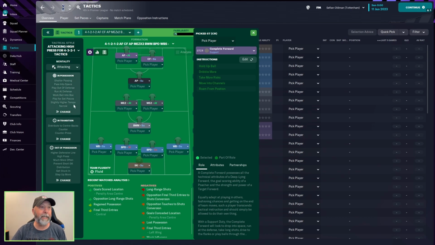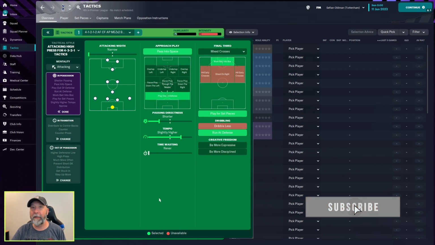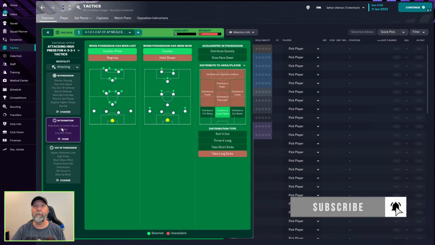As you can see, attacking mentality. In possession, attacking width is narrow, approach play is pass into space, play out of defense, passing directness is shorter, tempo is slightly higher, mix crosses, work the ball into the box, play for set pieces, and run at defense. You don't see a lot of play for set pieces with top teams like Man City or